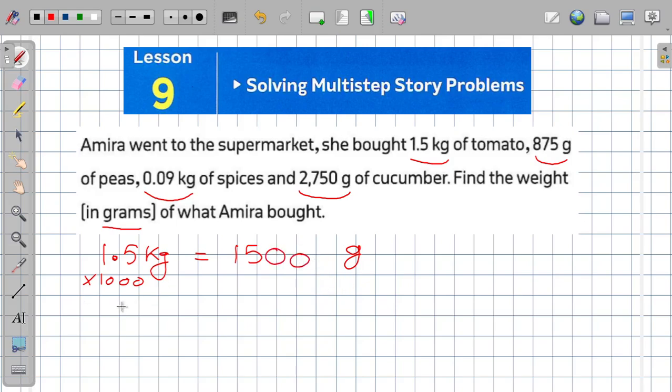1500 grams. The second weight, I have 0.09 kilogram. Okay, so I want to convert it to grams. I will multiply it by 1000. So 0.09 by 1000 equals 90 grams, because I will move the decimal point 3 places to the right. So the total will be